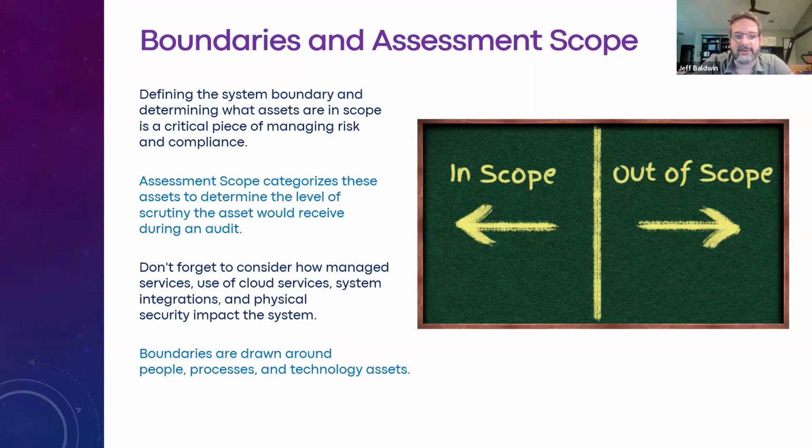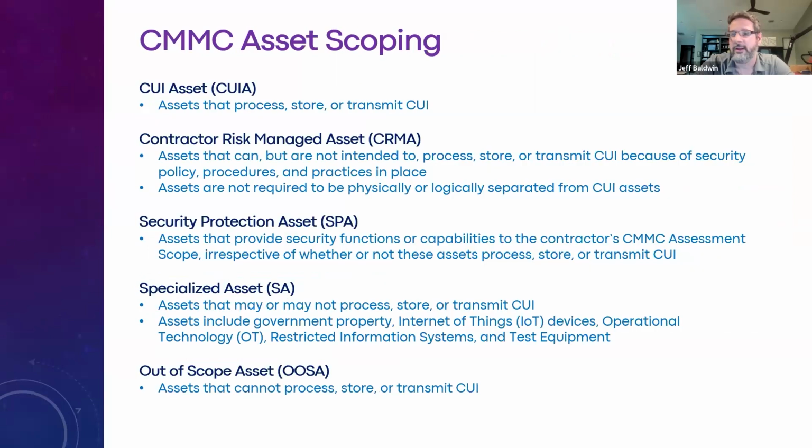So with the boundaries and the scoping, that's important. When we're thinking about scoping, we're thinking about what is included in our system, what's not included in our system, and what is interconnected to our system. If we are talking about other external systems, those do get identified in CMMC with controls in the access control family and domain, for example, like 3.1.20. But we also want to scope around people, processes, technology, and assets. When we look at the CMMC scoping guides, they talk about scoping your people, your processes, and your assets, looking at each of the different asset categories